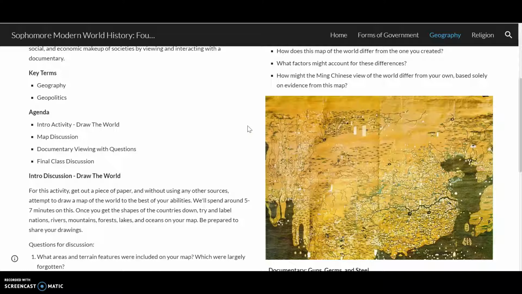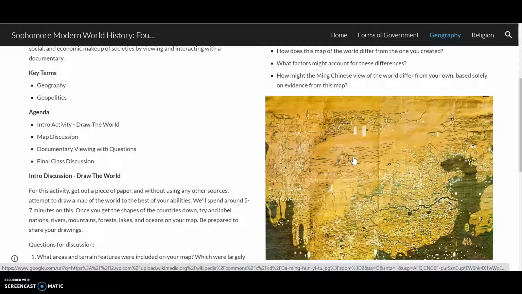So yeah, people were saying a lot of things, like they thought very highly of themselves because they put themselves in the middle of the map and they thought that this was the only part of the world. A lot of them just thought that their worldview wasn't as wide spanning as our worldviews today. But then I pulled up a picture of the map and showed them, right in the center of the map,